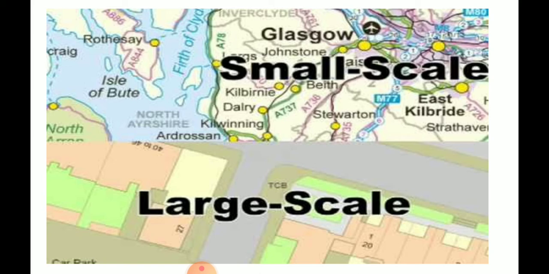Next we are going to study the large scale and the small scale map. Large scale map, the scale is large. That means it is showing you something close, and the small scale map means the scale used is small, but in that map a vast area is shown. If you compare India's map to the world map, India's map is a large scale map and the world map is a small scale map.